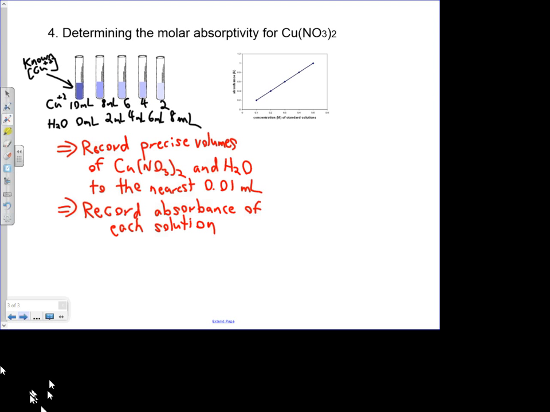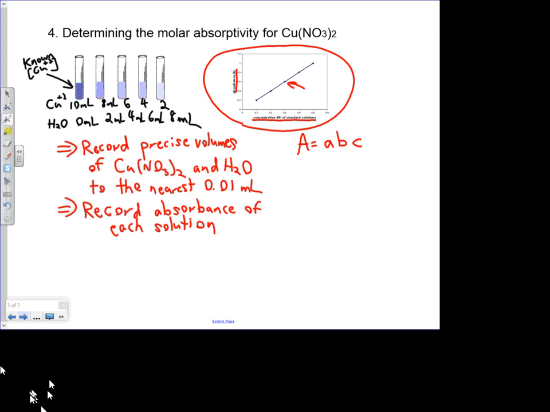So then what you're going to be able to generate is a graph that looks kind of like this that I'm circling here. So you'll have the concentrations from knowing the volumes and knowing the initial concentration. You'll know the absorbance because you measured it with the colorimeter, and then you'll be able to plot a graph of all the different absorbance values plotted against all the different concentrations. So if absorbance equals molar absorptivity times path length times concentration, that means that provided this line on this graph here goes through the origin,